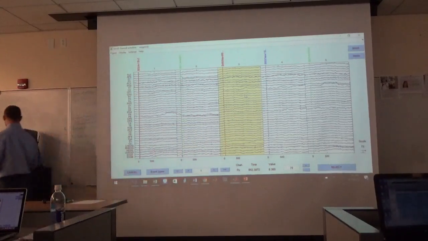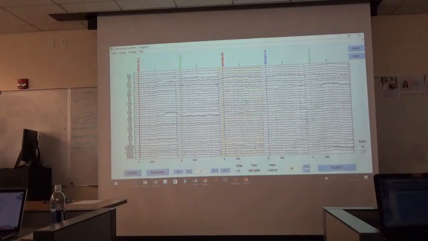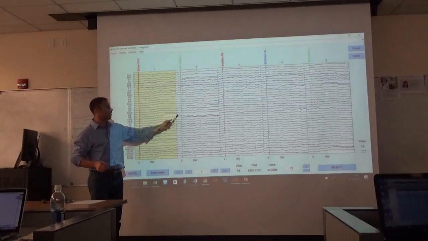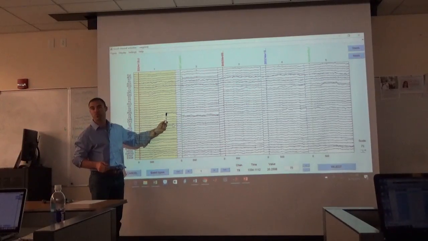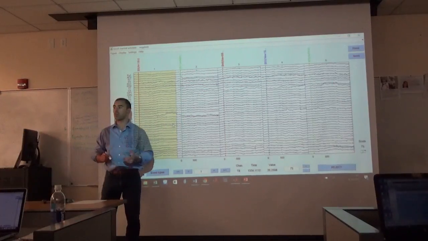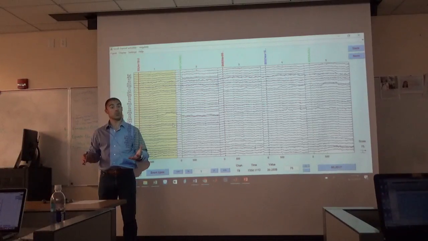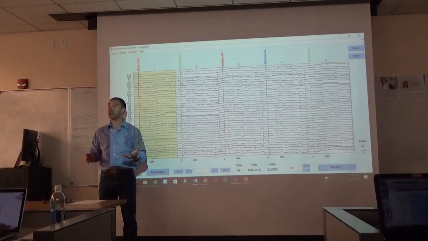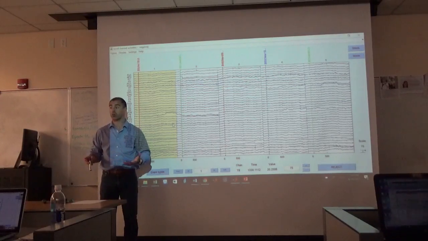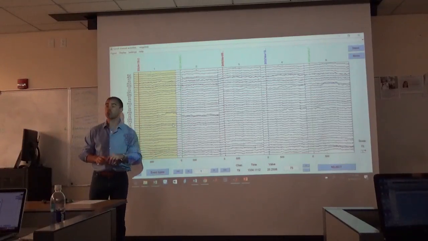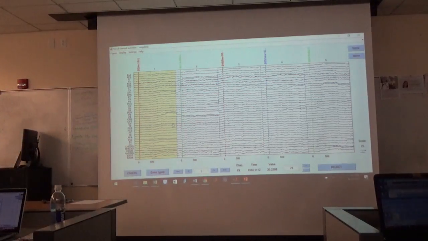Okay? And so there's not really an artifact in here, but this is kind of a big bump there. See that bump in P8? That looks kind of like an artifact. Maybe we want to reject this from the data. Okay? So our job now, and by our, I mean yours, is to clean the data. You want to decide what is real brain activity that I want to include in my thesis, and what is crap that I need to reject to make sure that I don't get my thesis wrong with bad data results. Make sense? And so what you do is you go through our 300 trials,